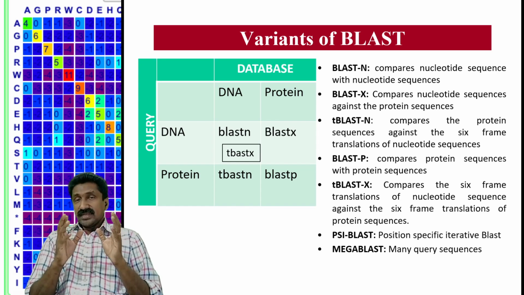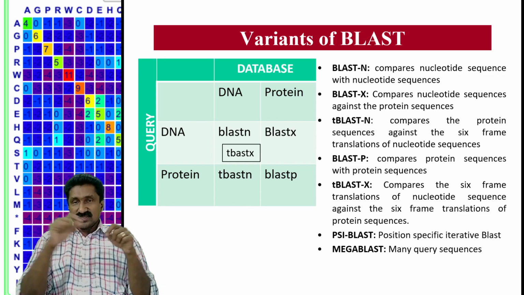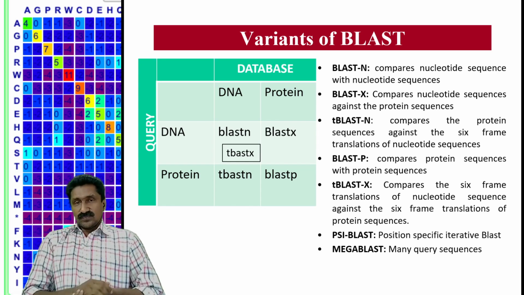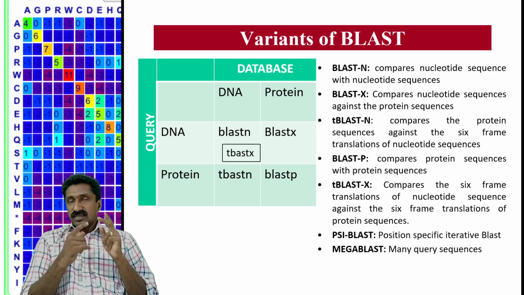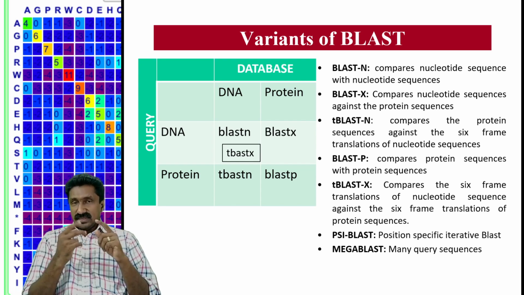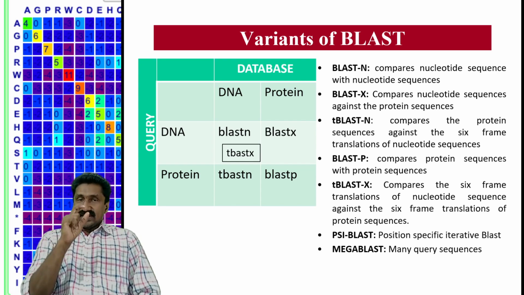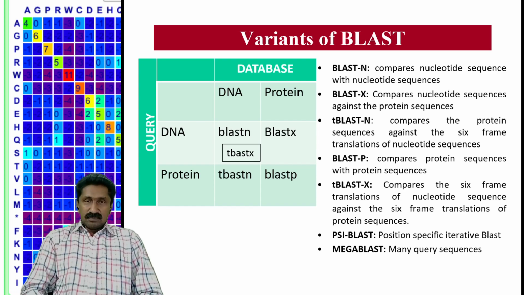So every DNA sequence can be translated computationally using every DNA strand. A single strand can be translated in 3 fashions, or using 3 sets of codons. That is a reading frame. 3 reading frames are possible in a single DNA. And for a DNA, you have 2 strands. The complementary strand is also there. So a DNA can be translated in 6 possibilities. 6 reading frames can be used.